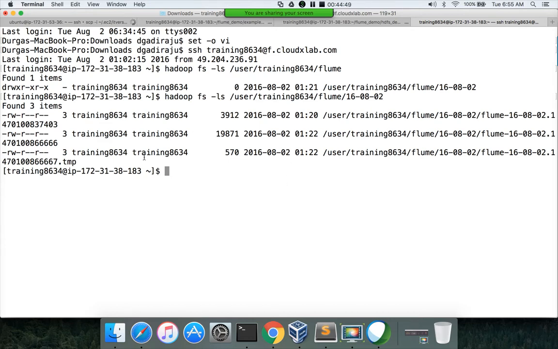And if you see, there is a temp file, and then there is a new file with the prefix flume and then date prefix, and then a unique number is used to create these files. Okay, and we can actually look into those files also.